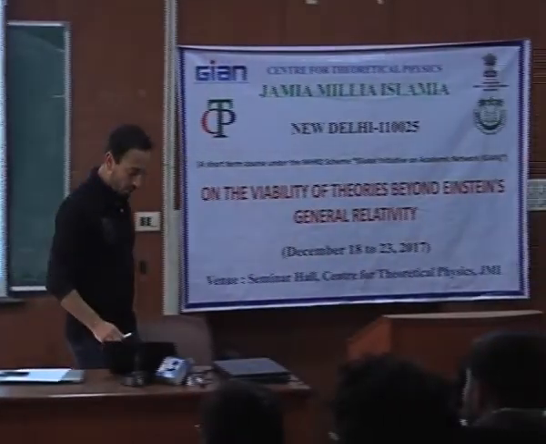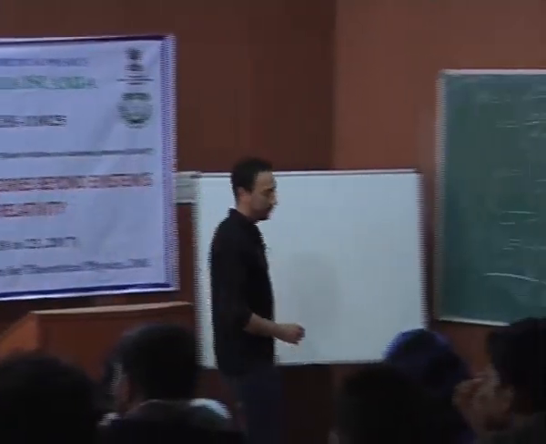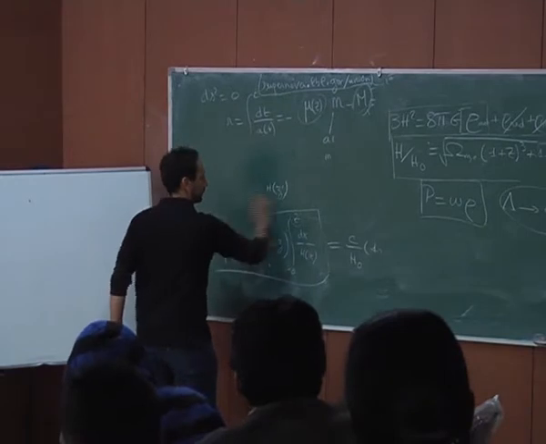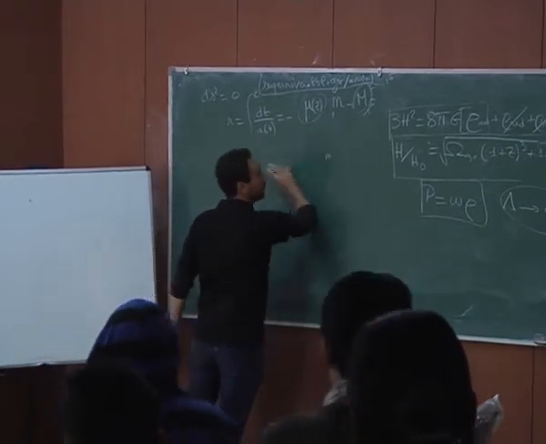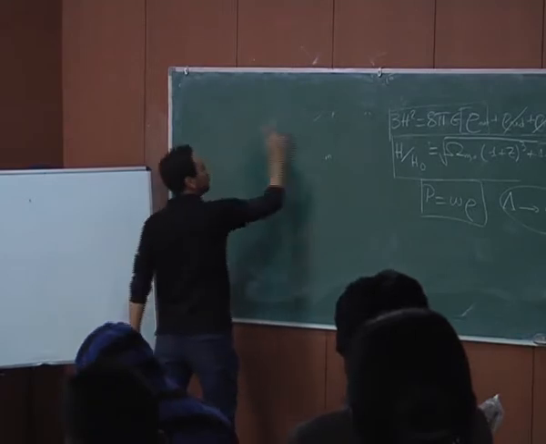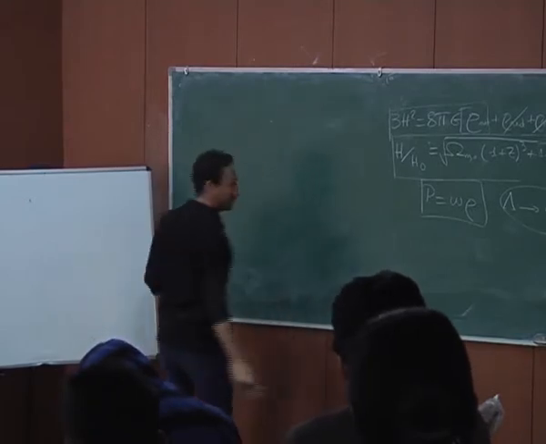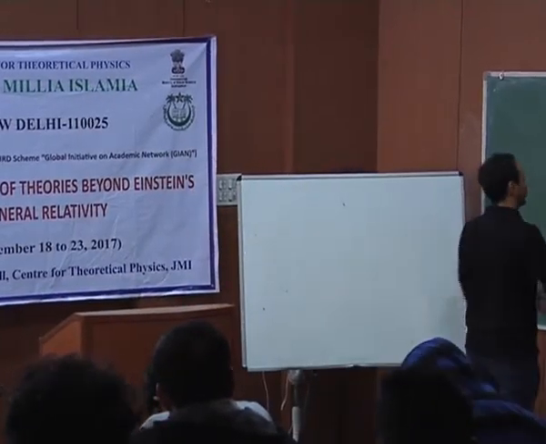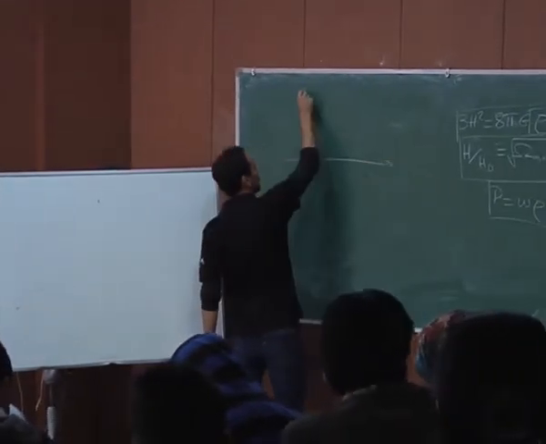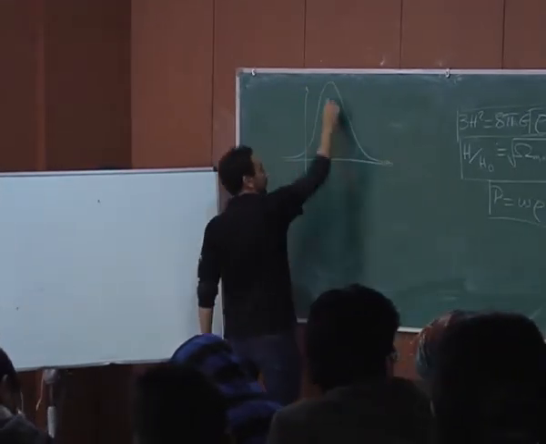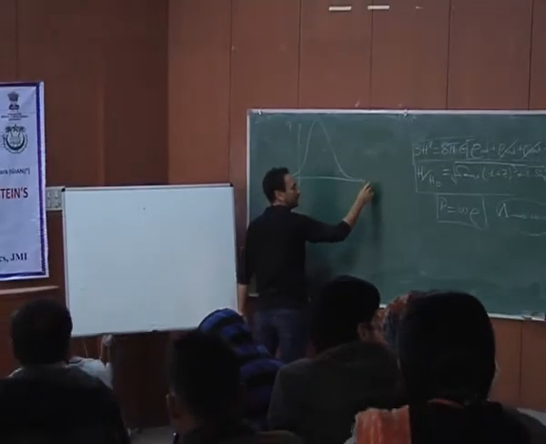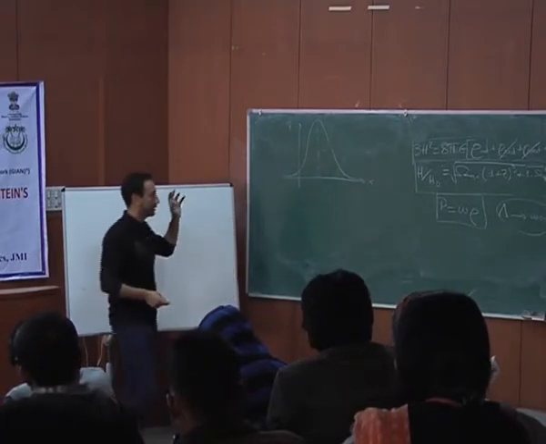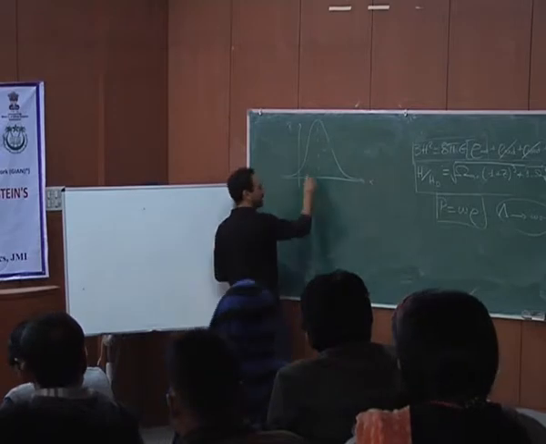So 1 sigma means 68% of confidence, in the sense that imagine that you have some probability distribution, which is a Gaussian, with some parameter x, and this is the best fit. This is where the probability is higher. What we call 1 sigma is this,